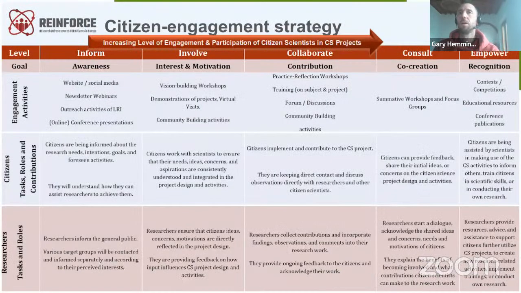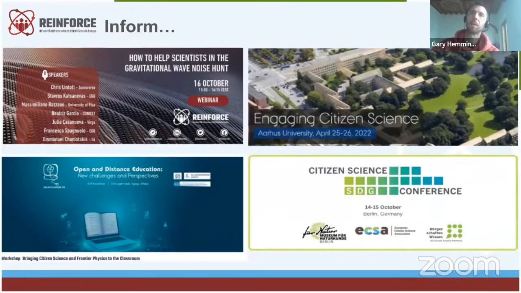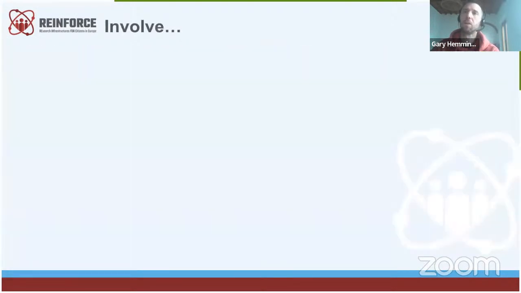We have a powerful citizen engagement strategy, which Manolis will be able to tell us about shortly. I won't go into detail, but it's built around these 5 key levels of informing, involving, collaborating, consulting, and empowering. So in terms of informing, we've done a lot of activities, attended a lot of conferences.